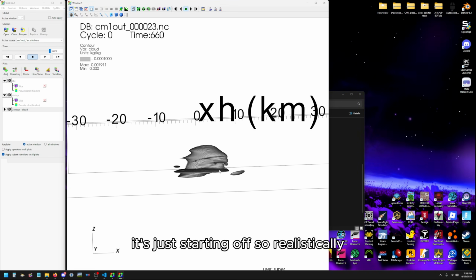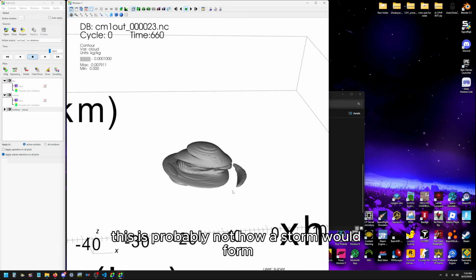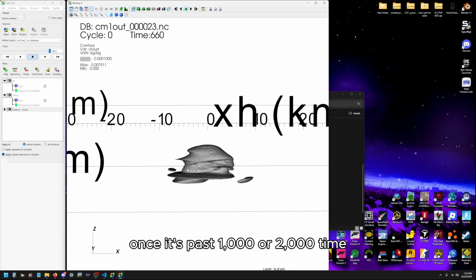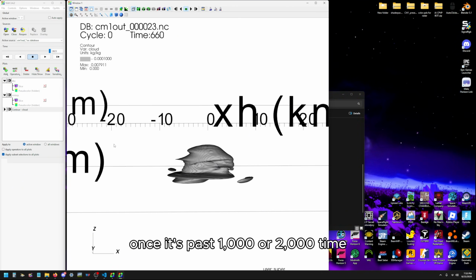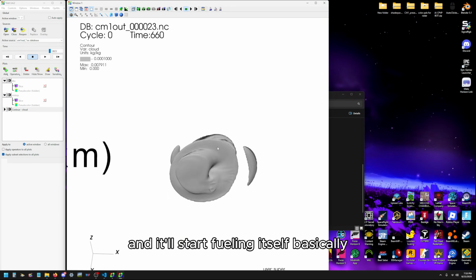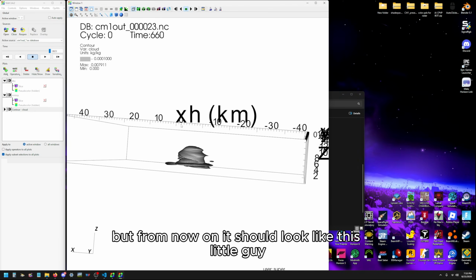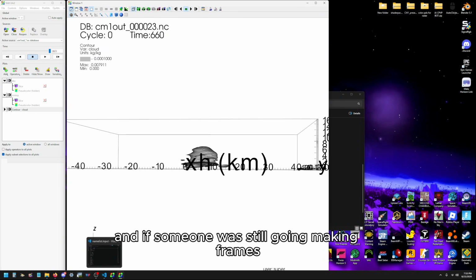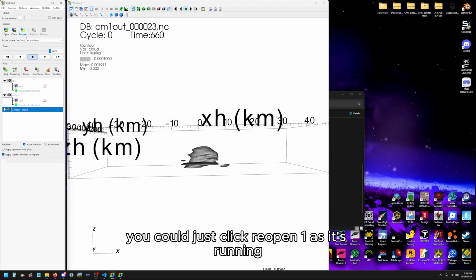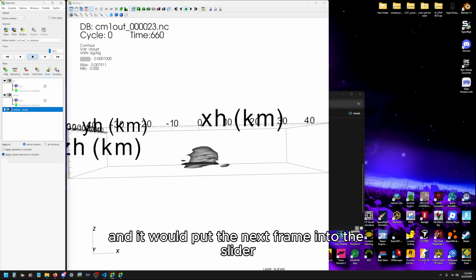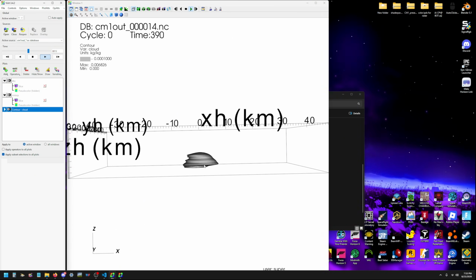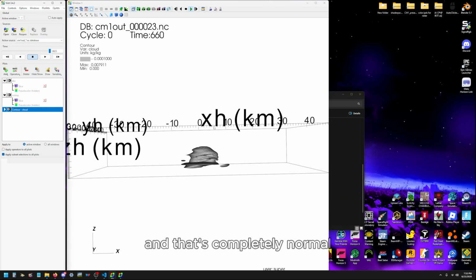It's just starting off, so realistically this is probably not how a storm would form in real life, but this is just getting it started. Once it's past 1,000 or 2,000 time, it'll start really looking like a normal storm, and it'll start fueling itself basically. But from now on, it should look like this little guy. And if CM1 was still going, making frames, you could just click reopen as it's running, and it would put the next frame into the slider here. You could go a bit further, but as you can see, it's starting to bubble up here,